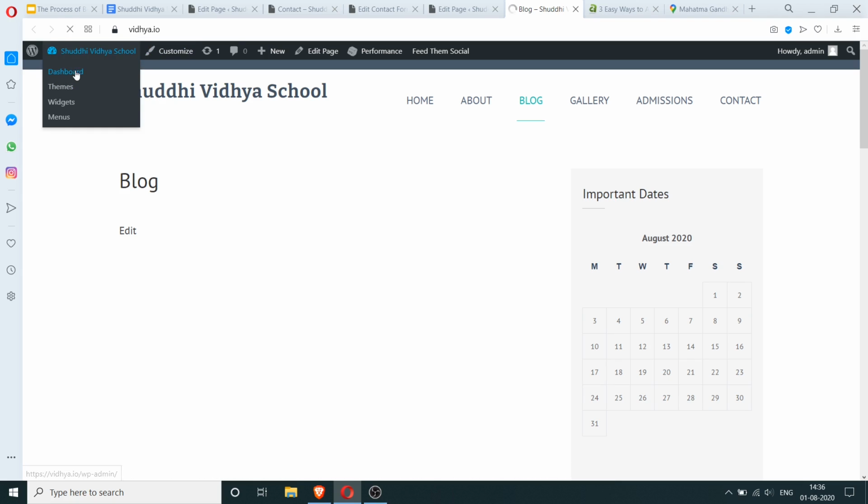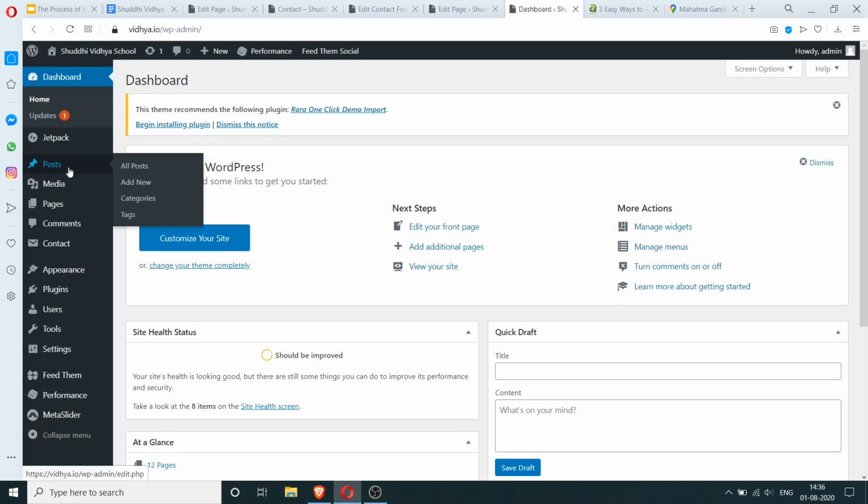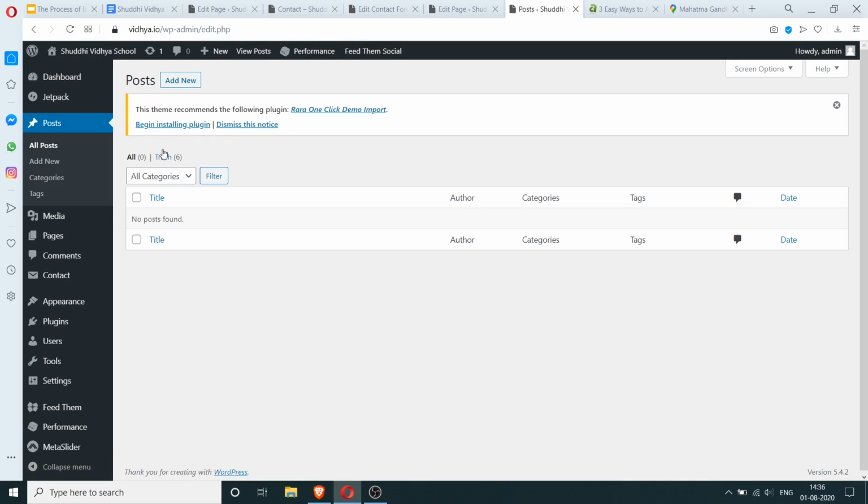Let's change that. Let's go to the dashboard and let's add some posts, just like some sample posts.